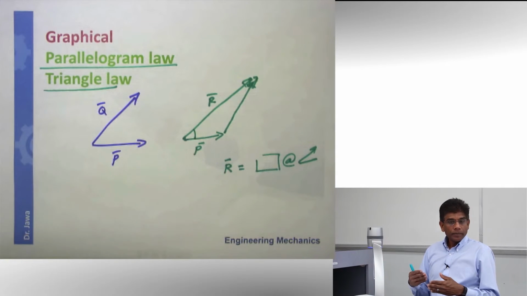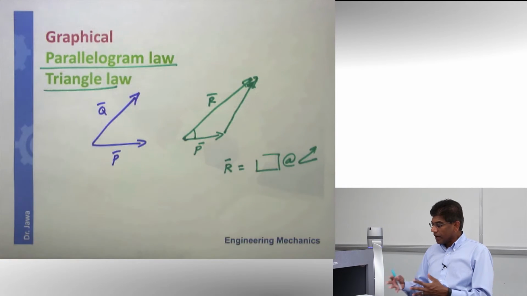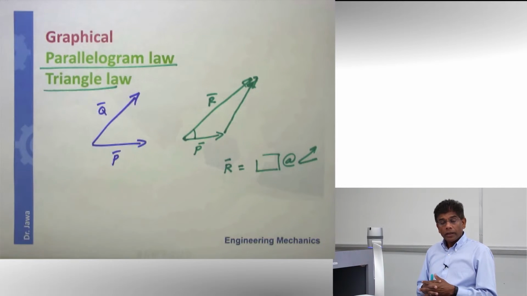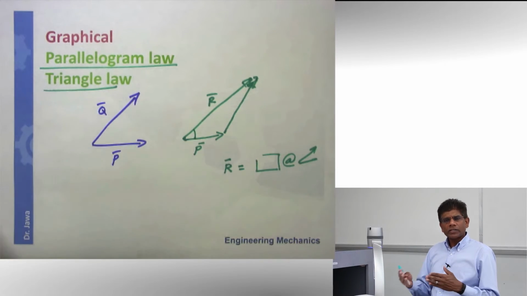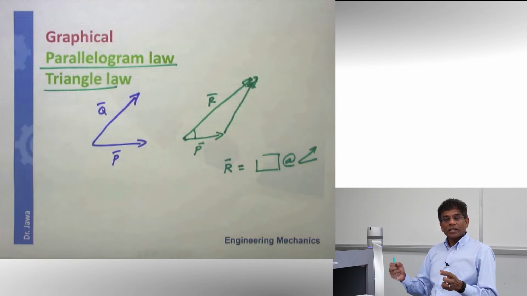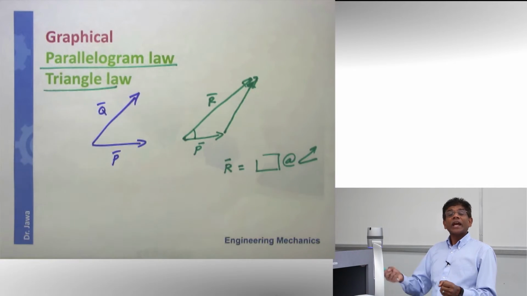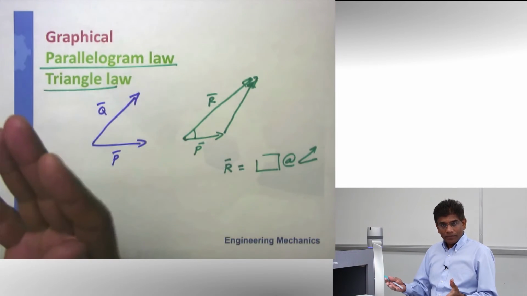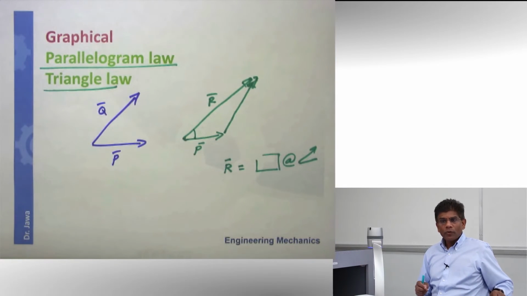So let's take a look at a different way of adding vectors. All right. Before we do that, I also want to make sure that you know how to subtract vectors graphically, because adding and subtracting are effectively the same operations. Instead of adding two vectors, you take another vector, add the negative of that, and that would be subtraction. If you're not clear, let me show you a very quick example.